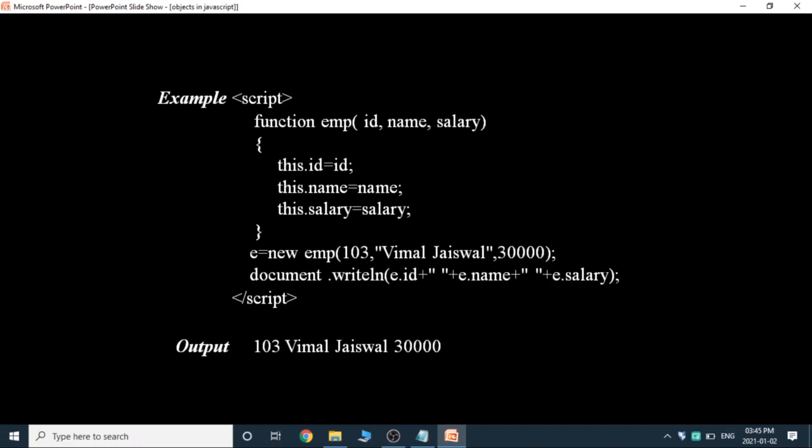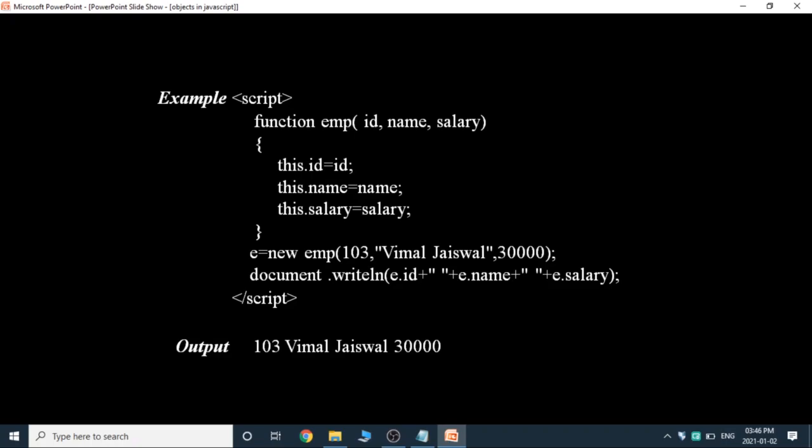Here I am taking a function with arguments id, name, salary. Each argument value is assigned to the current object by using the this keyword. If you observe this function, I have taken this.id = id. This id argument value is assigned by using this operator.